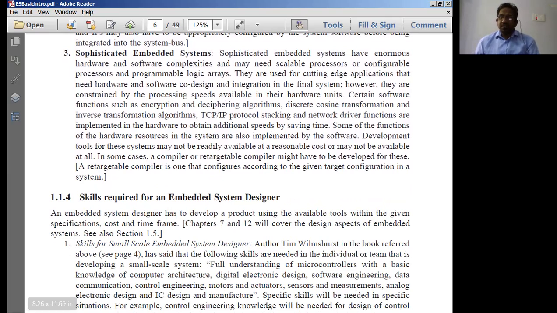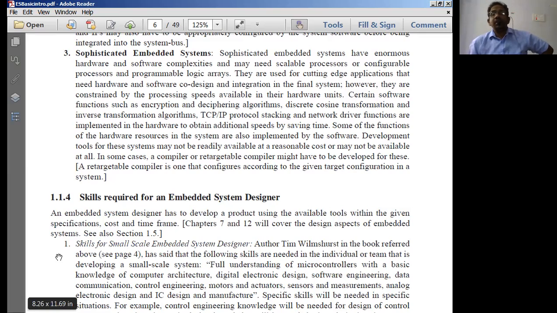Now, once you normally design an embedded system, the hardware is going to be fixed. It will be fixed for a specific application up to medium scale. Now, there are situations where your hardware should be reconfigurable for performing some other specific applications other than what it was performing earlier.